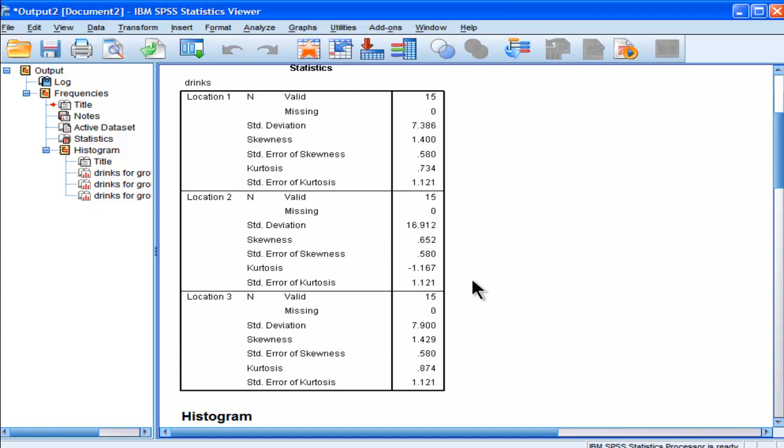And you can look at the kurtosis as well. The kurtosis for 1 and 3 look very similar, although location 2 has negative kurtosis. Whether that's statistically significantly